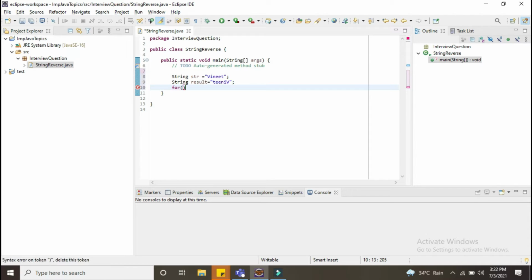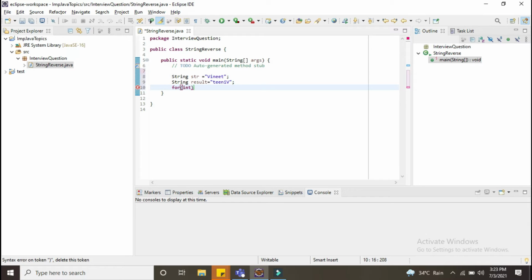Now into the for loop, what exactly should one do? What one should plan after seeing this is you should be targeting something which reads from T and prints it till V, right? So you need to iterate through this string. How can one do that? In order to do that, we need a for loop, right?